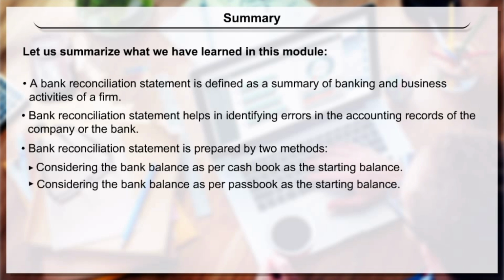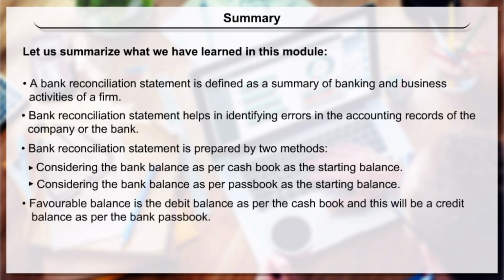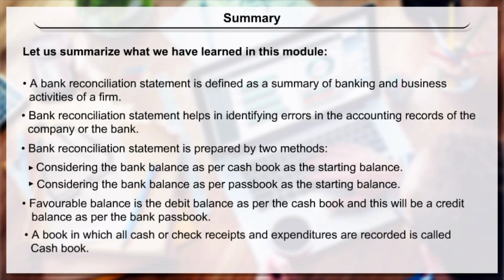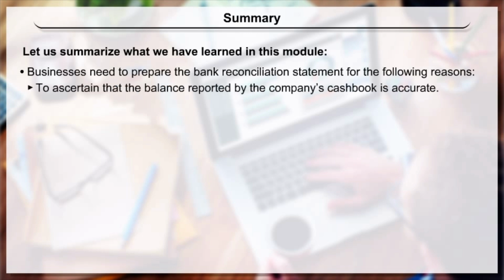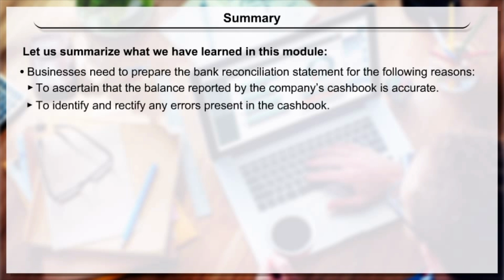Favorable balance is the debit balance as per the cash book, and this will be a credit balance as per the bank passbook. A book in which all cash or check receipts and expenditures are recorded is called the cash book. Businesses need to prepare the bank reconciliation statement for the following reasons: to ascertain that the balance reported by the company's cash book is accurate, to identify and rectify any errors present in the cash book, to keep a